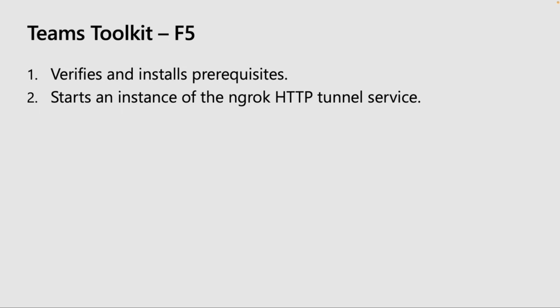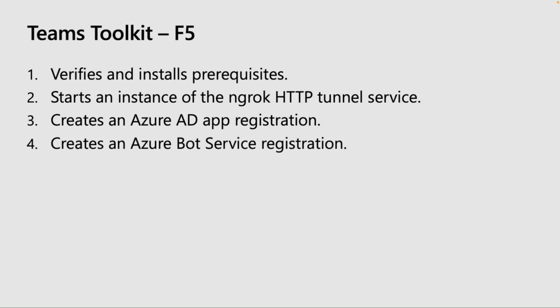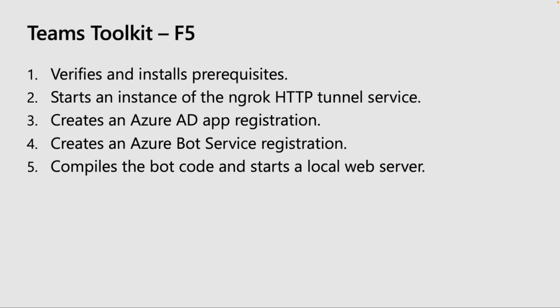So how does Teams Toolkit actually help us here? Well, it provides a number of steps for us to get up and running very quickly. When we create a bot using Teams Toolkit and we hit the F5 button, it's going to do a number of things for us that we don't have to do, and speeds up the development time massively. First, it verifies and installs that we've got all the prerequisites on our machine. It starts an instance of the ngrok HTTP tunnel service. It creates our Azure AD app registration for us. It creates the Azure bot service registration for us, then compiles all the bot code, starts the local web server,